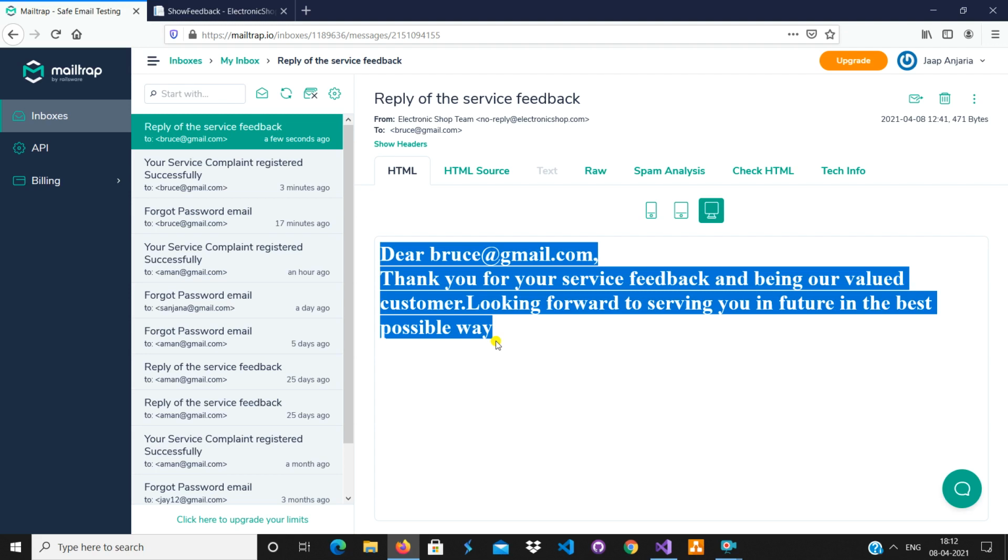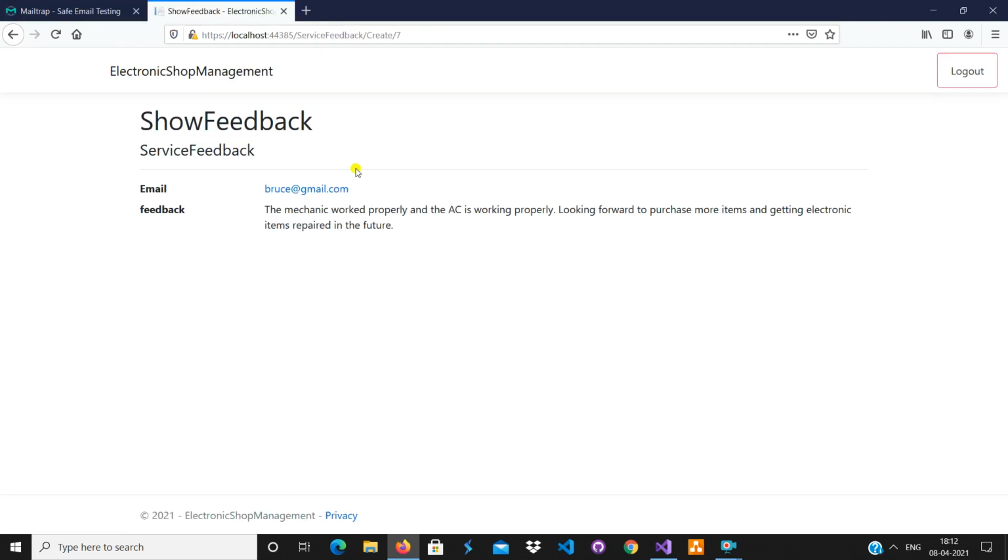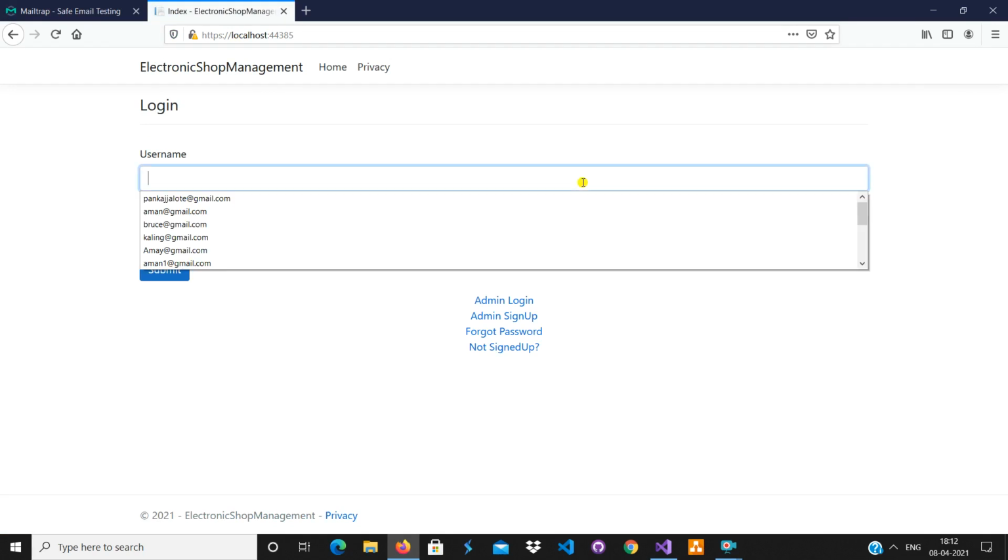So similarly, I have tried to implement something like that, that once the customer gives some feedback, whether it may be negative or positive, irrespective of that, I am going to send an email to that user: thank you for your service feedback and being our valued customer. Looking forward to serving you in the future in the best possible way. Now, that's not the only thing which is going to happen. The admin would also be shown